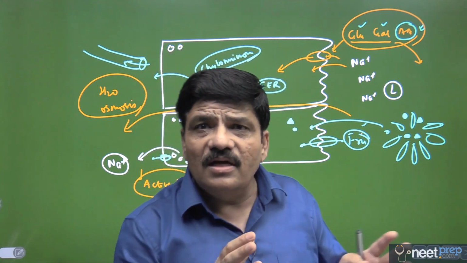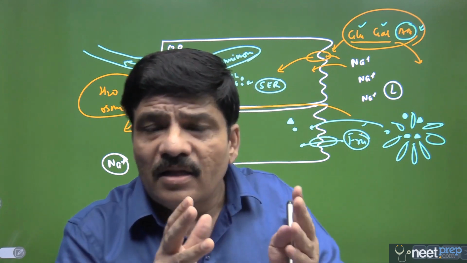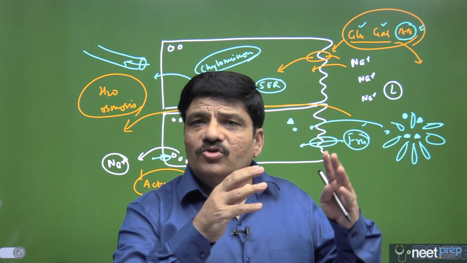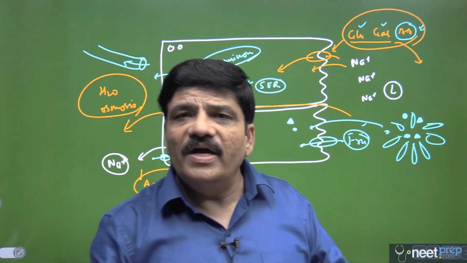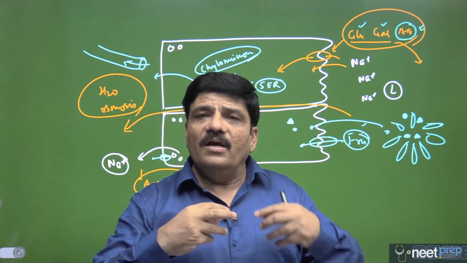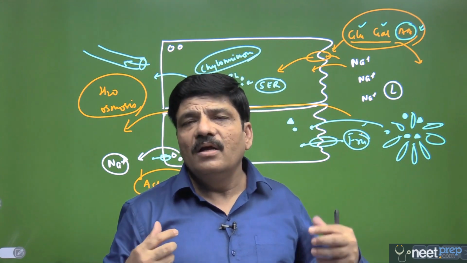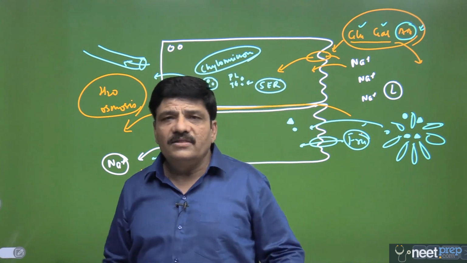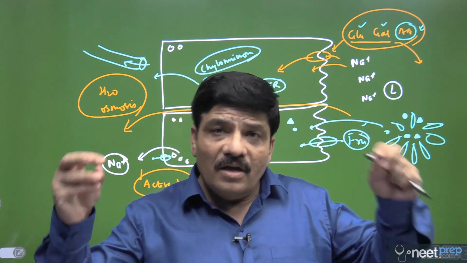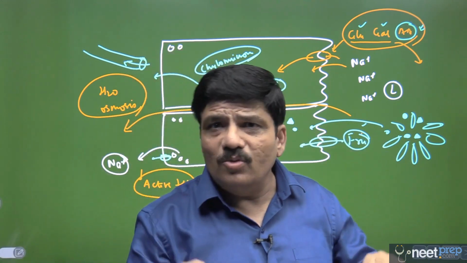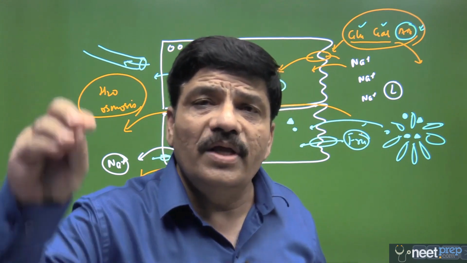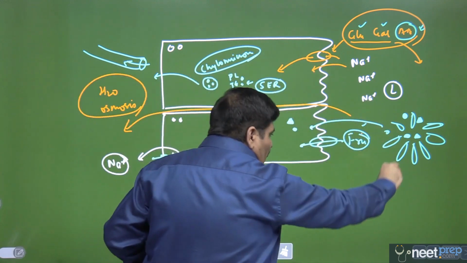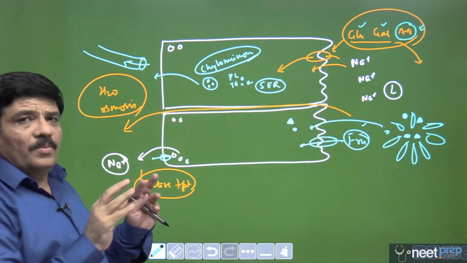And these lymphatic capillaries, the lacteals, they join to form the small lymphatic vessels, then the larger lymphatic vessels, which join to form what are called the lymphatic ducts. And lymphatic ducts, normally there are two in number. One of them opens into the left subclavian and the second one opens into the right subclavian, but that is not needed. What is important to understand is that these things are actually returned back to the vascular system, and this is how the end product of fat digestion is absorbed in our body.